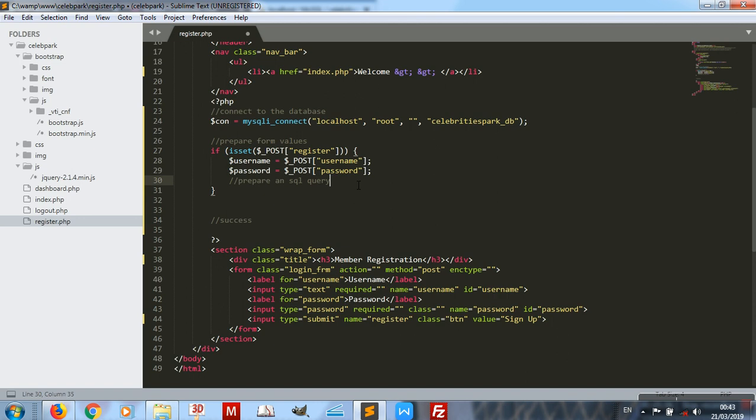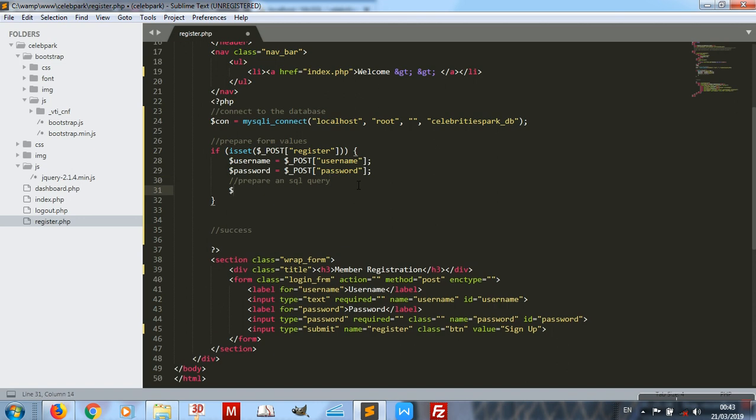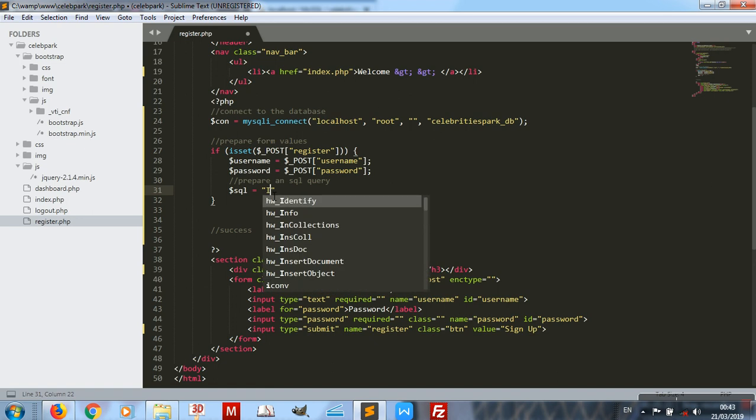And when I have this, next thing I have to do is to prepare my SQL query for this. So I'm going to come in here and say $SQL. You can use any variable name at all. You can choose to use query, you can choose to use whatever. And I'm going to say $SQL is equal to, I'm going to write an SQL statement, insert